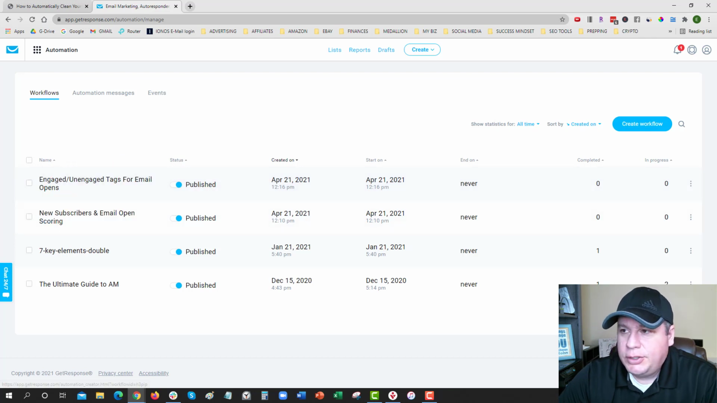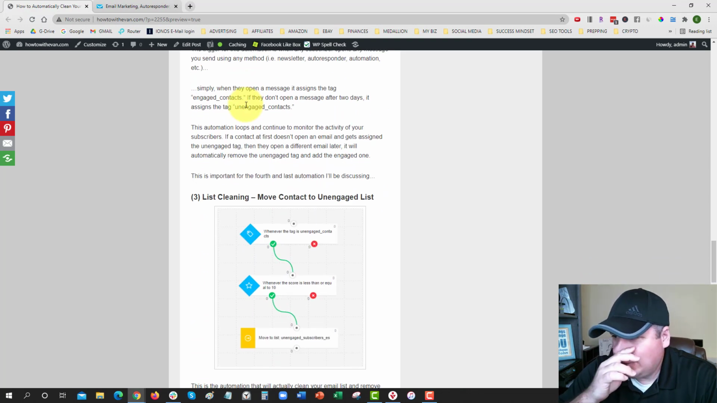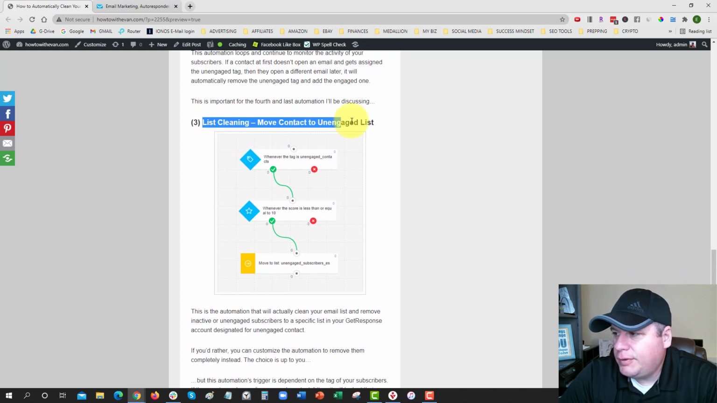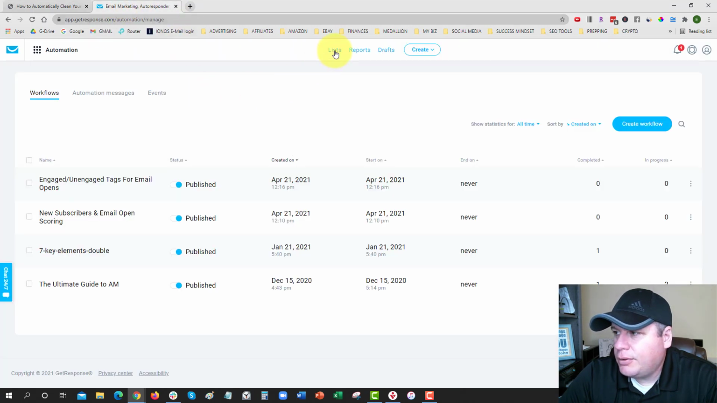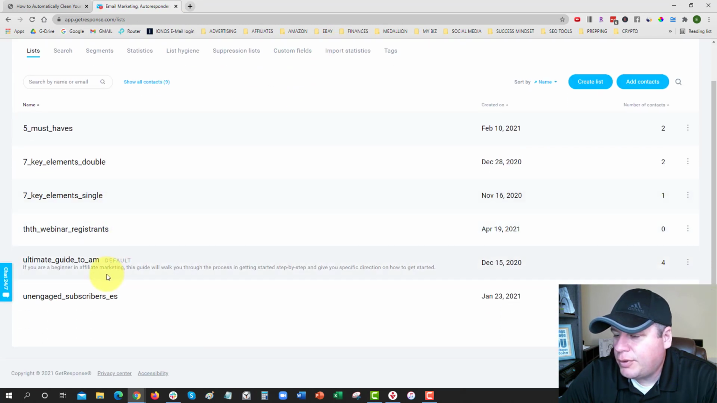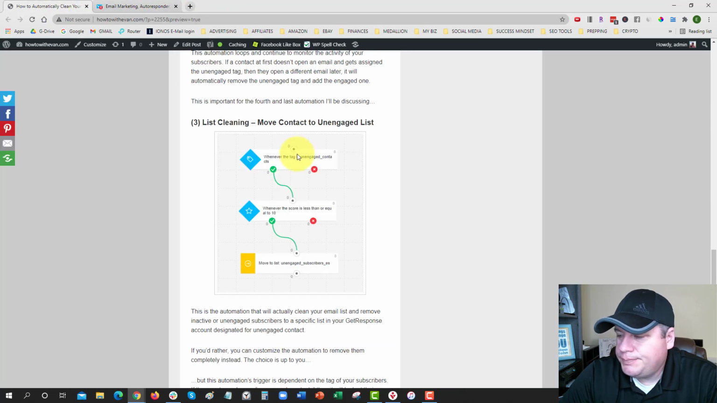All right. So the last automation that we're going to do, and this one's simple. This one's the list cleaning to move contacts to an unengaged list. Now, before you do this particular automation, we need to go in your GetResponse account under lists, and you just need to make sure that you have a new list here designated for unsubscribers or for unengaged subscribers. So I have this list right here that's just labeled unengaged subscribers. So in this automation,